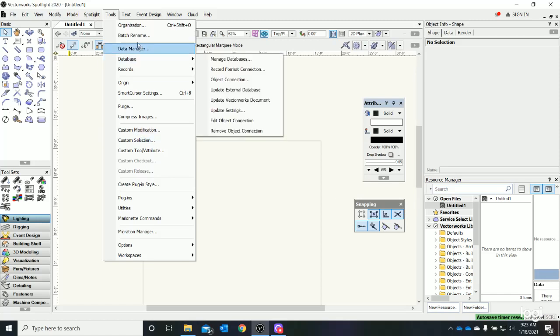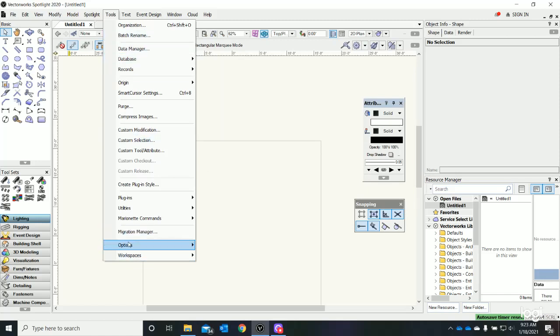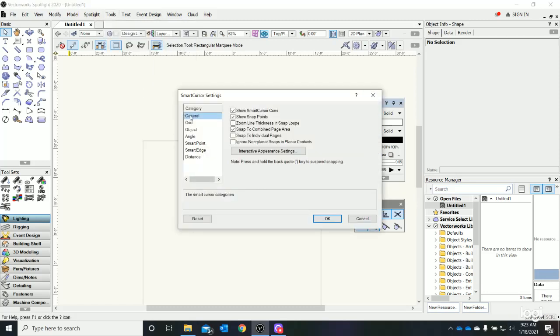So here we are in our pull down menu, and to get to those autosave options, we were in Vectorworks preferences. I want to go somewhere else. This time I want to go up to our smart cursor settings. In the drafting of objects, we've been talking about those smart cursor settings, where it identifies the corner, where it identifies the edge, the midpoint. So let's go over and look at our smart cursor settings, and this will take us